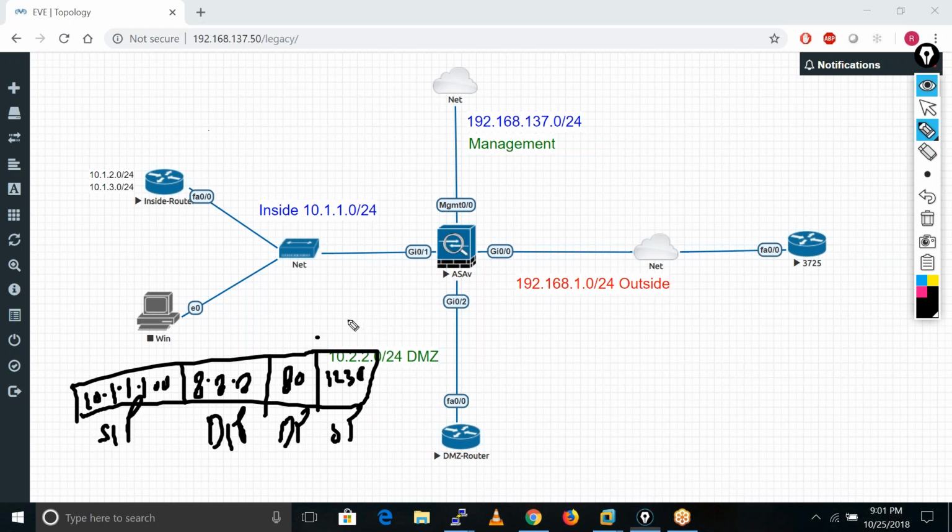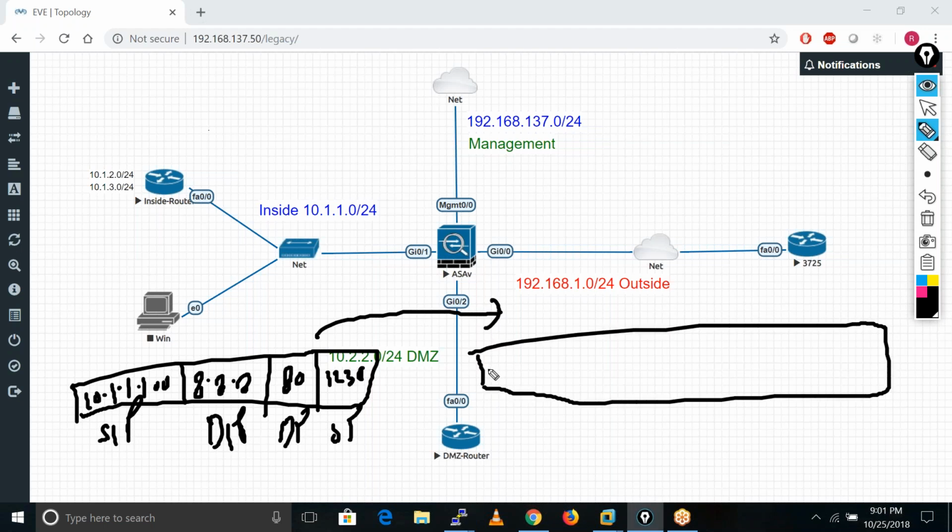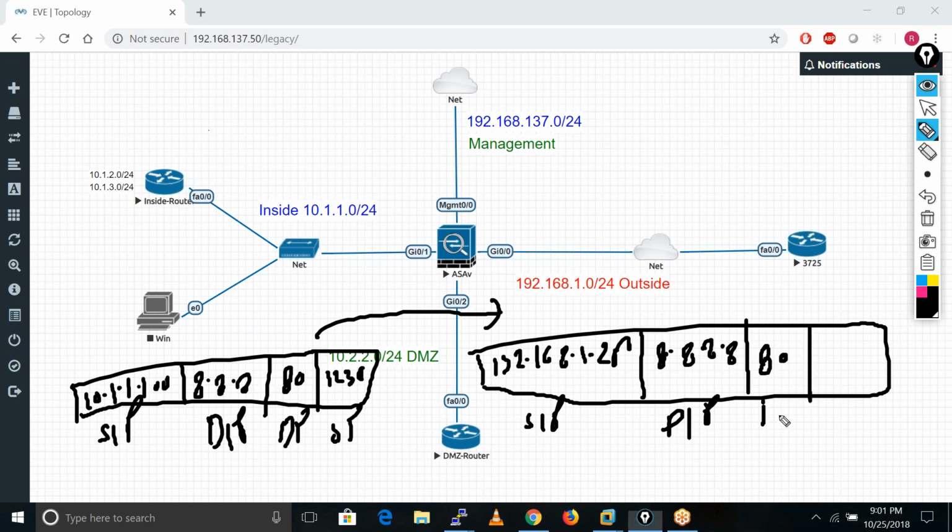After PAT, the IP header becomes this way: 192.168.1.250, this is our public IP in our case, right? The destination stays the same, and the destination port stays the same.